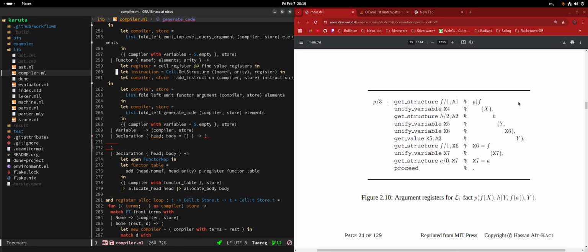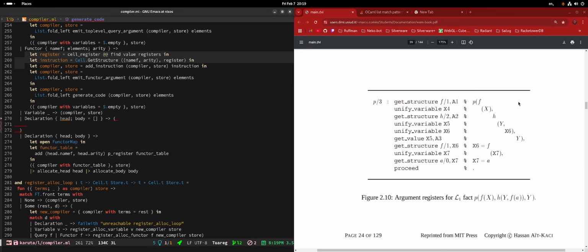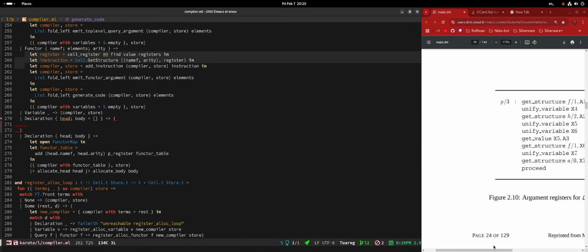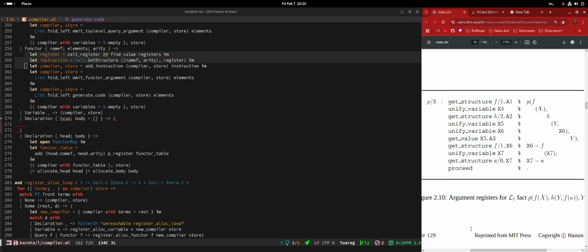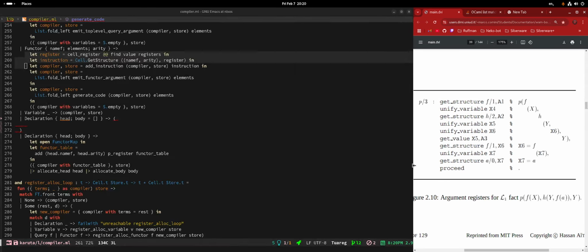So the first thing that I noticed is that when we did functor, we did this thing. And why does that matter? It matters because we need to get to the get structure, right? Which is here as well. Does that make sense? Makes sense, yes. So we do the same thing, I guess.